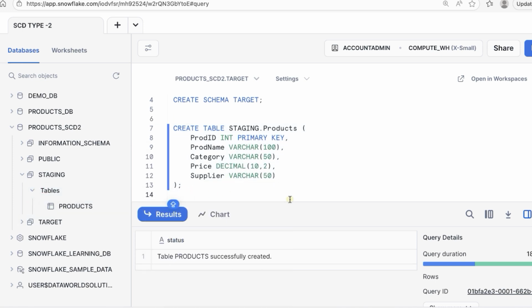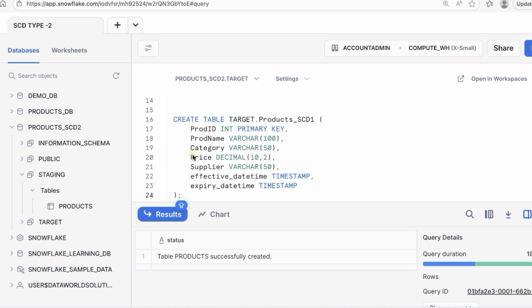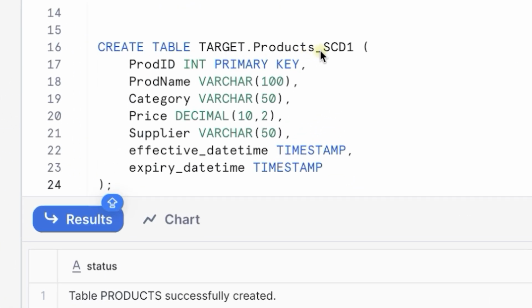Now let us create the destination table in the target schema. Let me copy to save time. I already created the structure of the table in our text notebook. So you can write create table in the target schema: target dot product underscore SCD type 2, and we use product ID, product name, category, price, and supplier, and two additional columns,